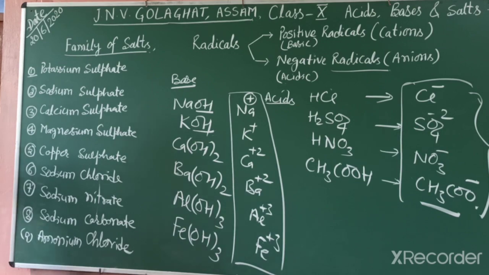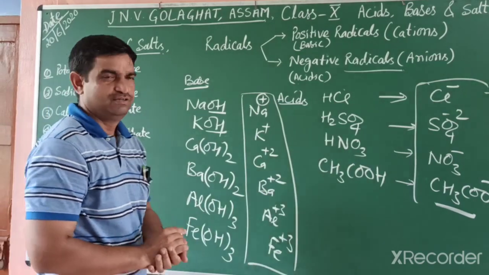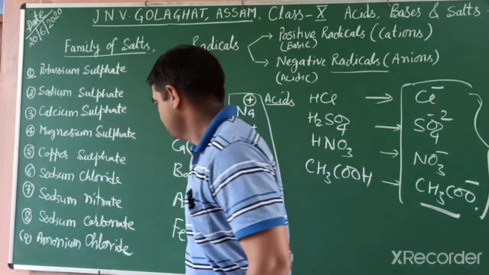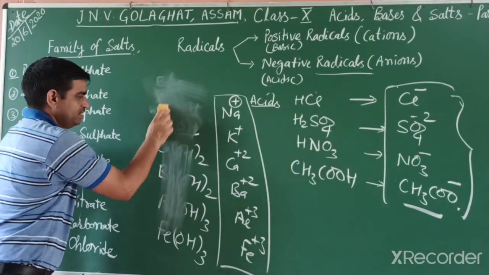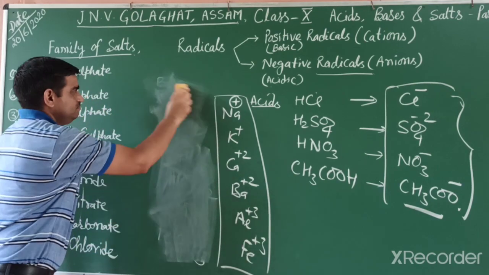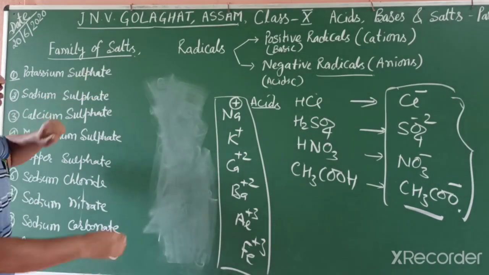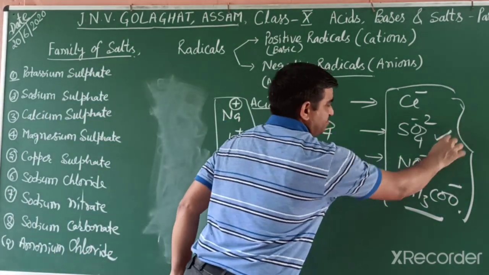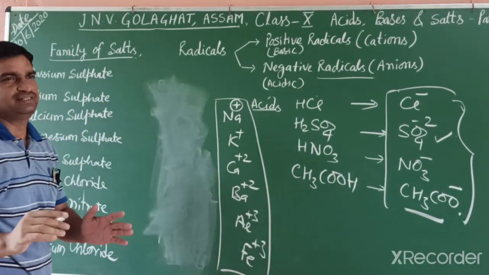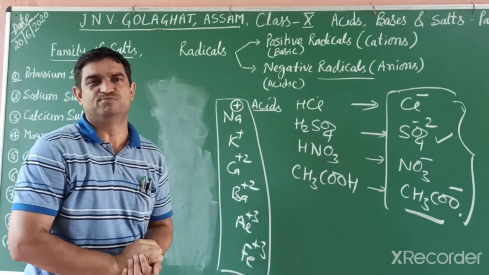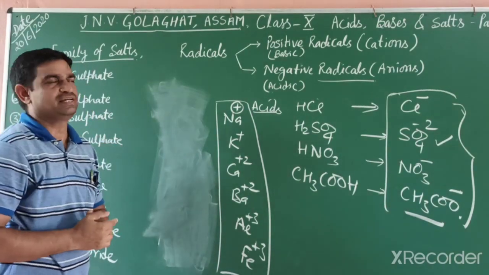So how can we write a formula? The main problem is how to write the formula. For writing a formula, you should know the charge on the cation or anion. But generally we forget the charge. So how can we learn the charge? For example, sulfate and potassium: cross over their charges. In earlier classes, in 9th class, you already learned how to write the formula. If you write the exact formula, you can easily write any chemical reaction.